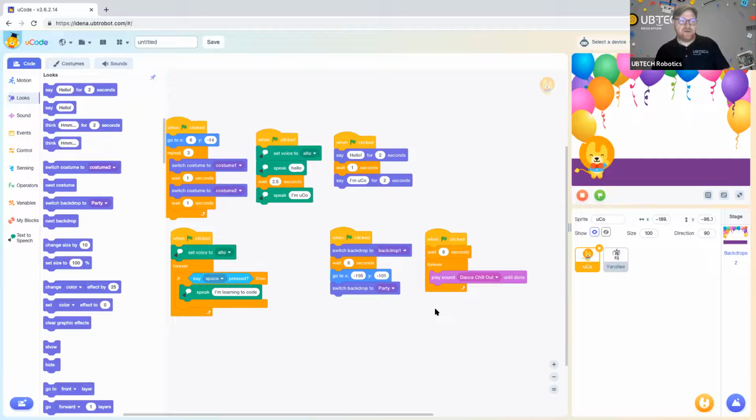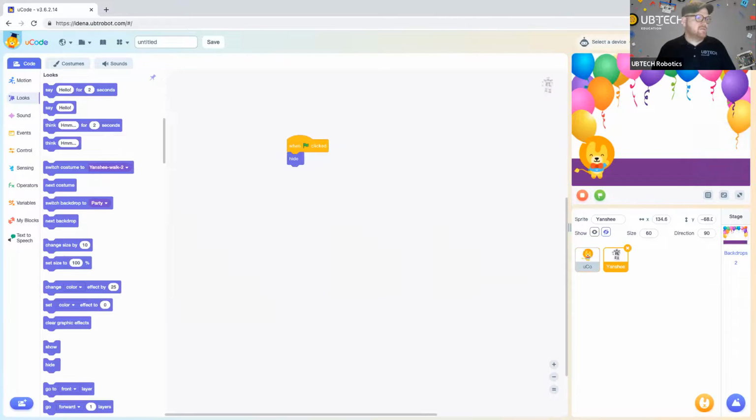And we also integrated some different sounds, so a specific song, and learned how to play that at a specific time to sequence everything together. So the last piece that I wanted to play with here is we're going to have Yanchi start appearing and